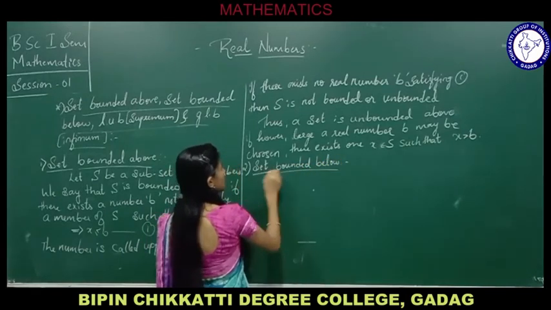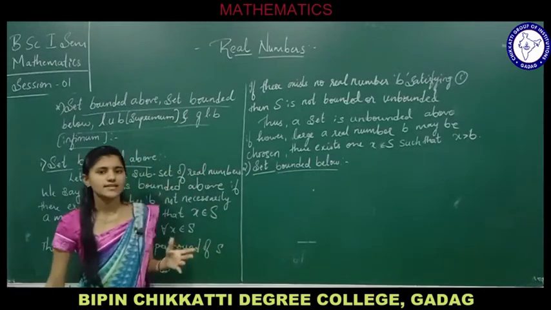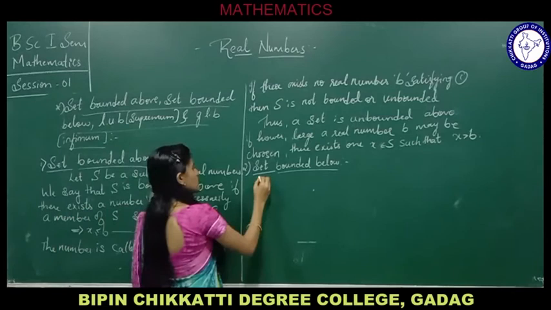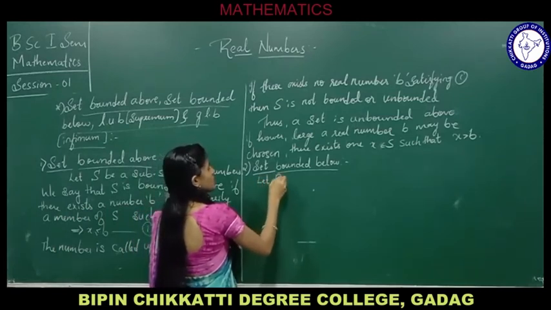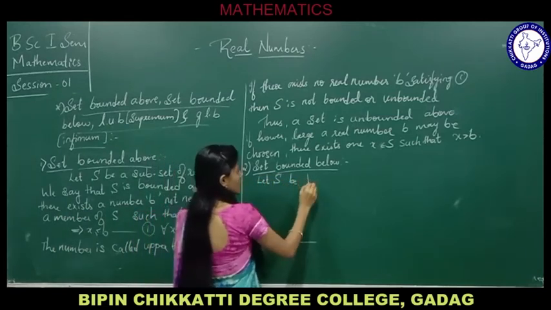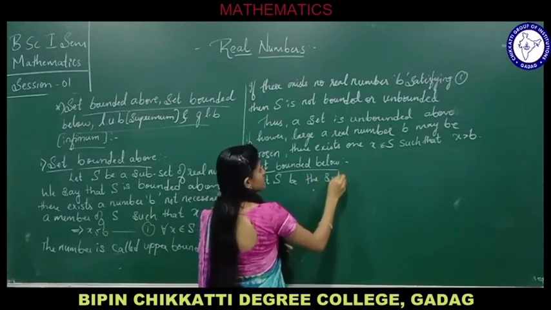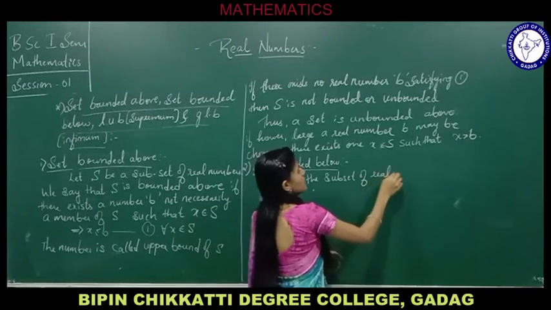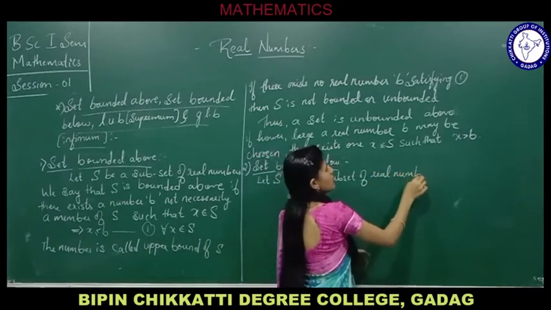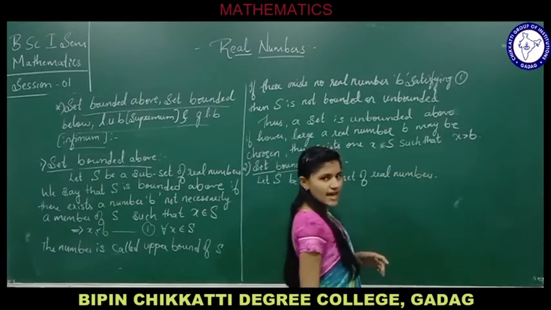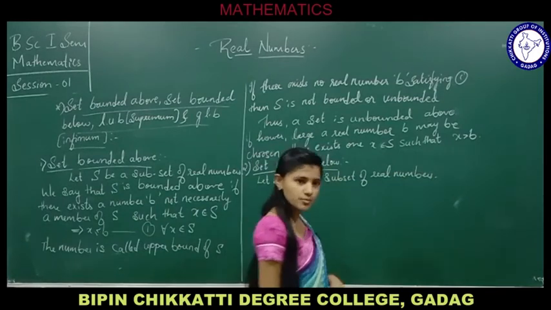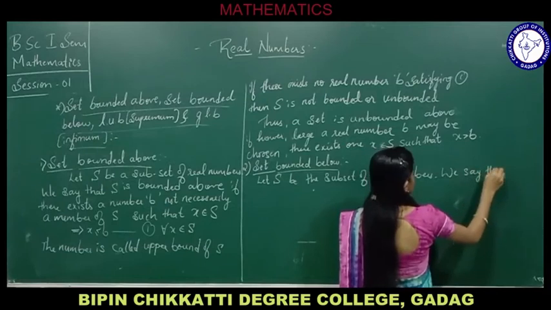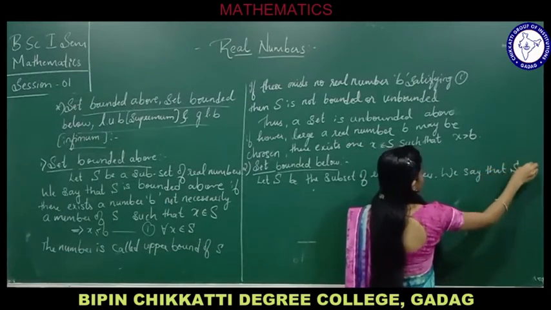Again, let S be a subset of real numbers. Then we say that S is bounded below